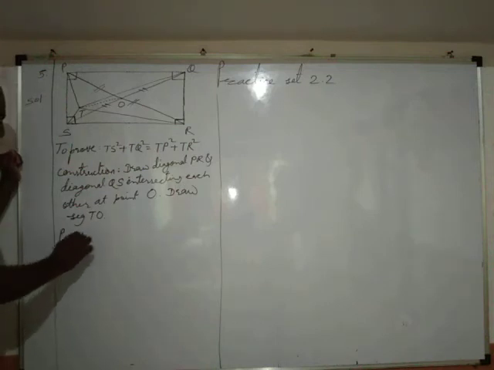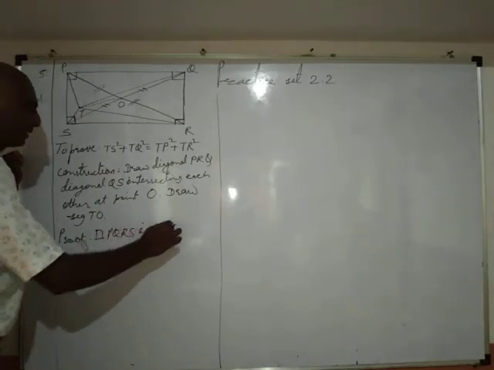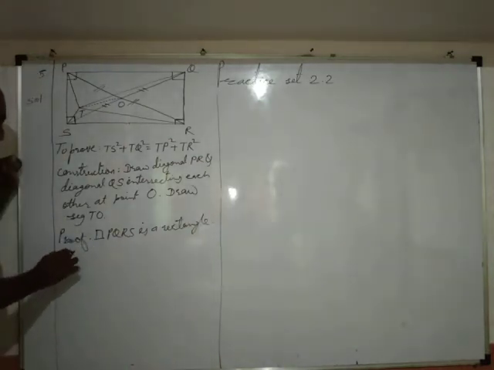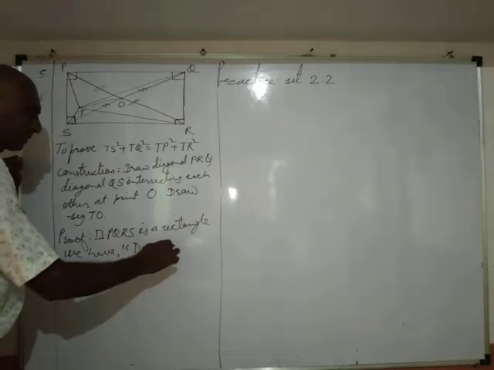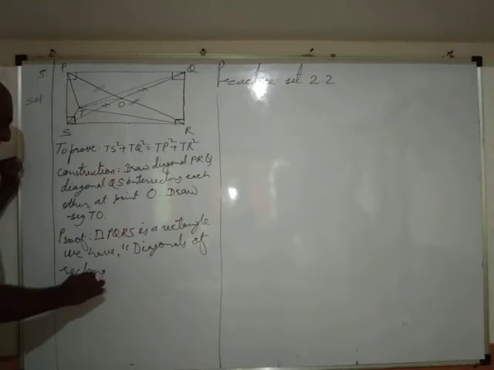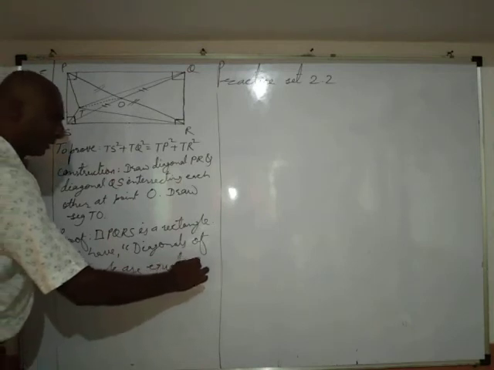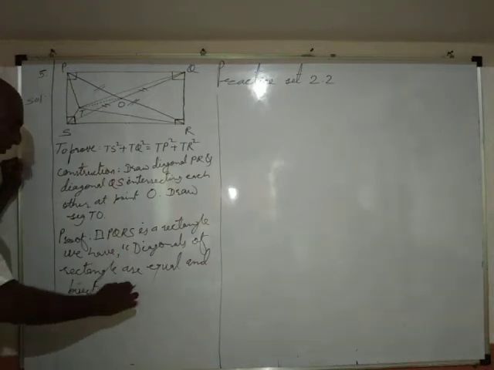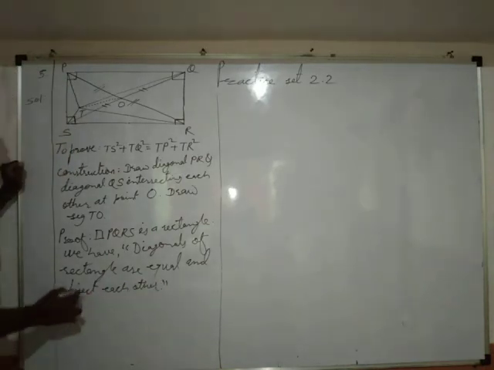Proof. Quadrilateral PQRS is a rectangle. Okay, we have diagonals of a rectangle are equal and bisect each other, and therefore we have